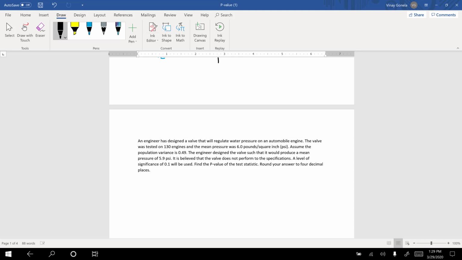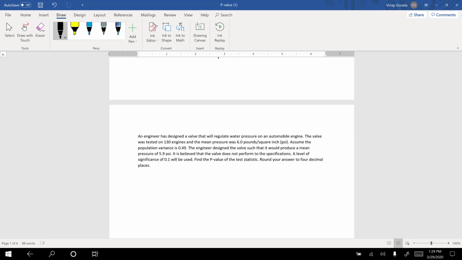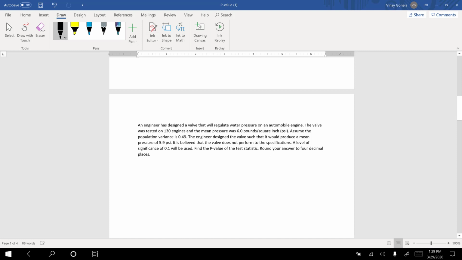So again we are doing a hypothesis test and we'll calculate the p-value. So the first thing is I will note down what all is given. 130 engines were tested, so my sample size is 130. The mean pressure of that 130 samples is 6. And then population variance. So they gave sigma square, which is 0.49. So this is known. When they said population variance, that means it's known. So our sigma will be 0.7,